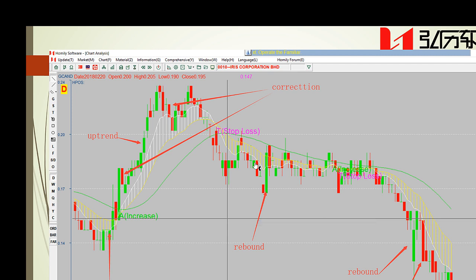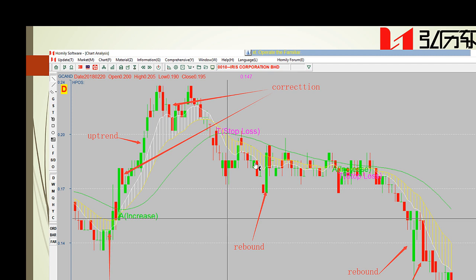We can see here the price is very far away from the three lines, right? So things will develop to the opposite side when it becomes extreme. So here, most probably it will rebound. So we can see here if the price rebounds, here is the white line, and the yellow line, green line